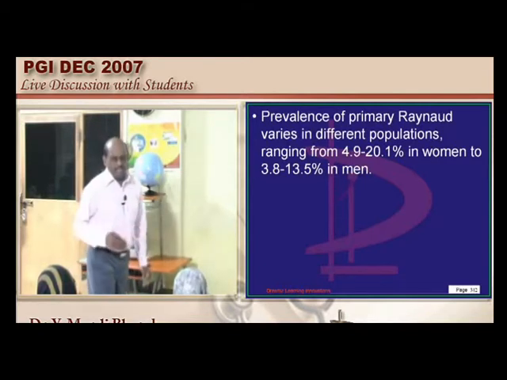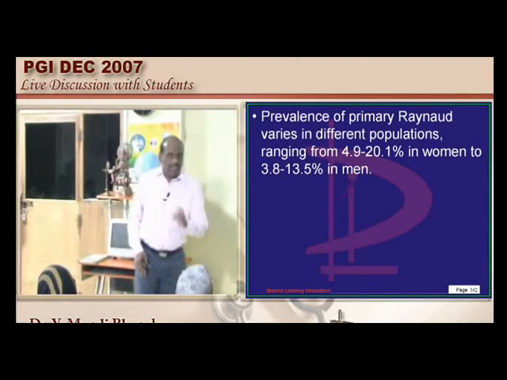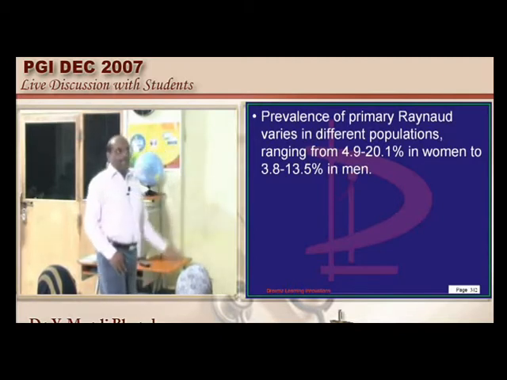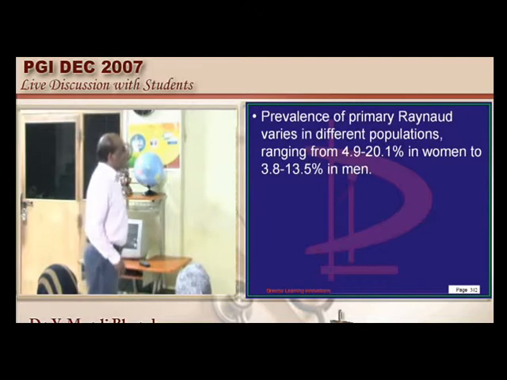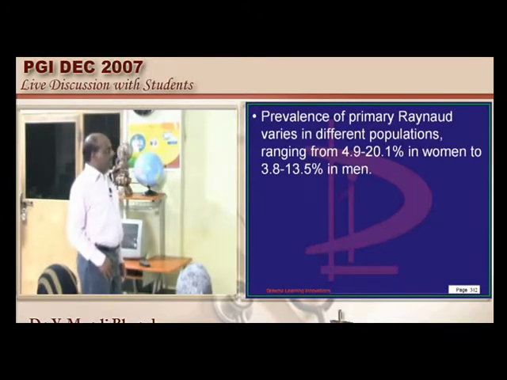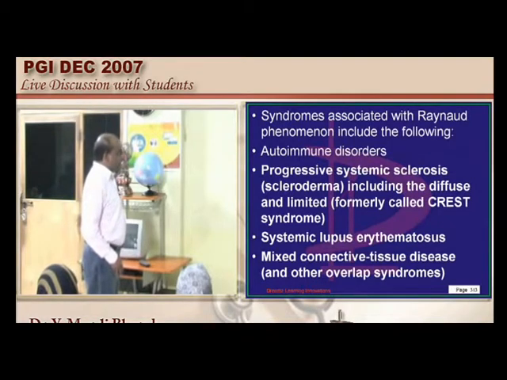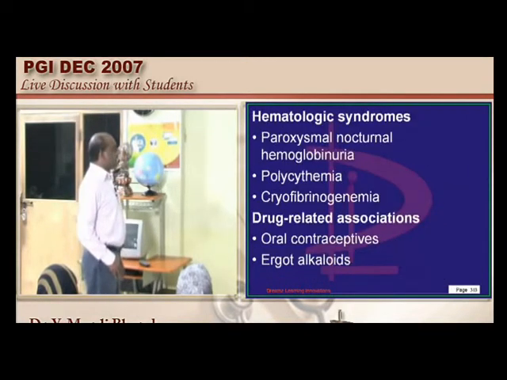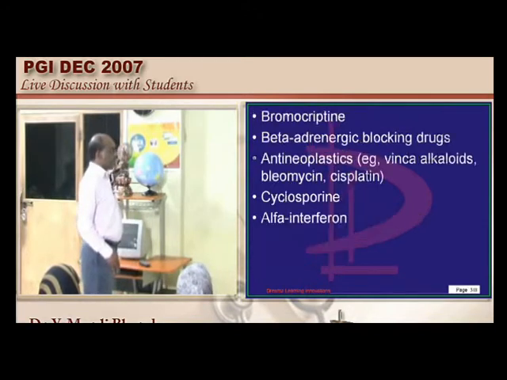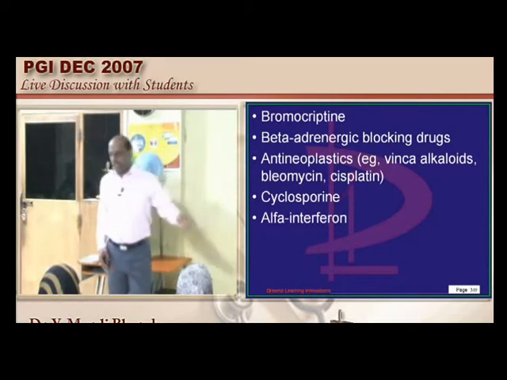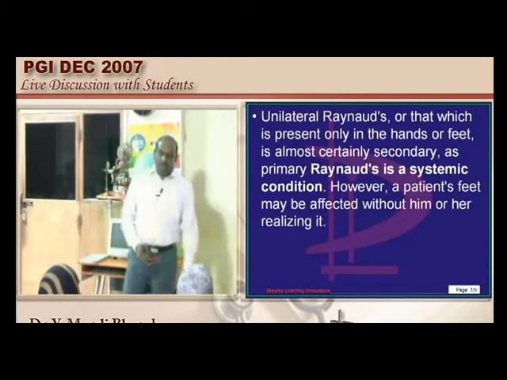So what are the favorite questions of the examiner, doctor? What are the systemic conditions causing Raynaud's phenomenon? It can be part of a paraneoplastic presentation like lymphoma, leukemia, myeloma, Waldenstrom's macroglobulinemia, adenocarcinoma. Also certain lead and arsenic exposure, endocrinological conditions like acromegaly, myxedema, diabetes, pheochromocytoma, hematological conditions like cryofibrinogenemia, and drugs like bromocriptine, ergot, oral contraceptives, and antineoplastics like Vinca alkaloids can also cause Raynaud's. That's the reason, doctor, we must be sure what all the underlying causes are leading to the development of Raynaud's.